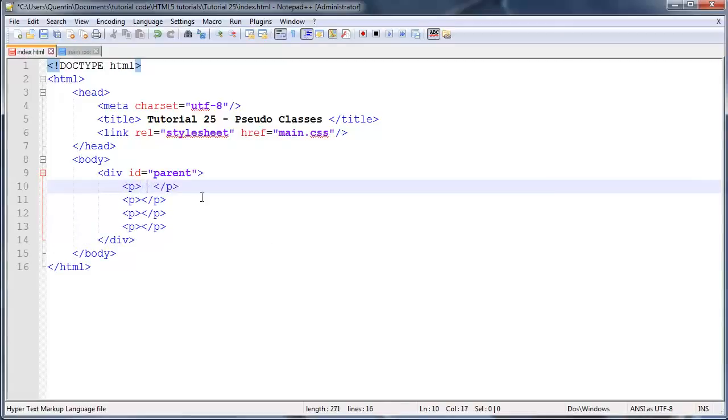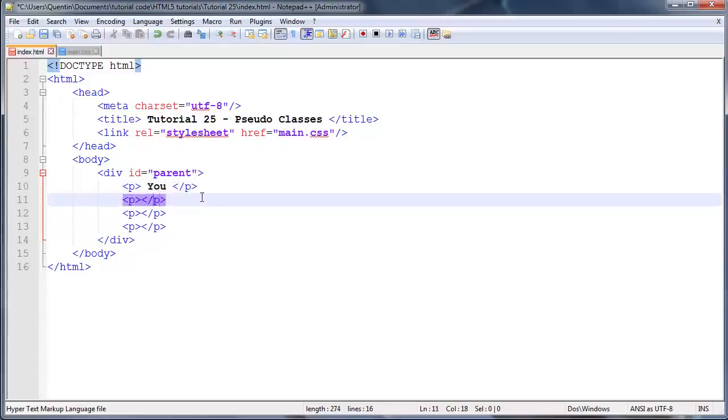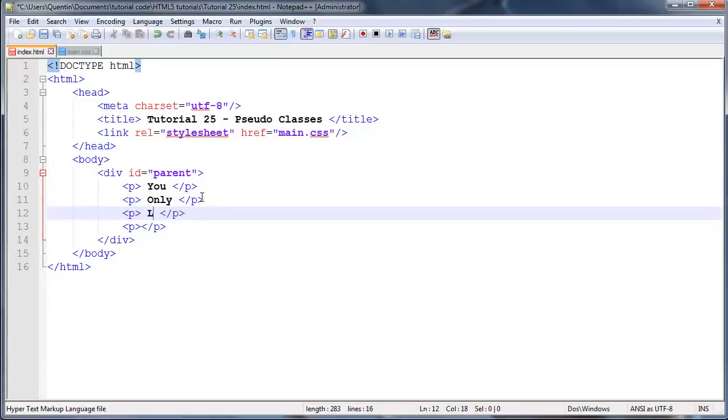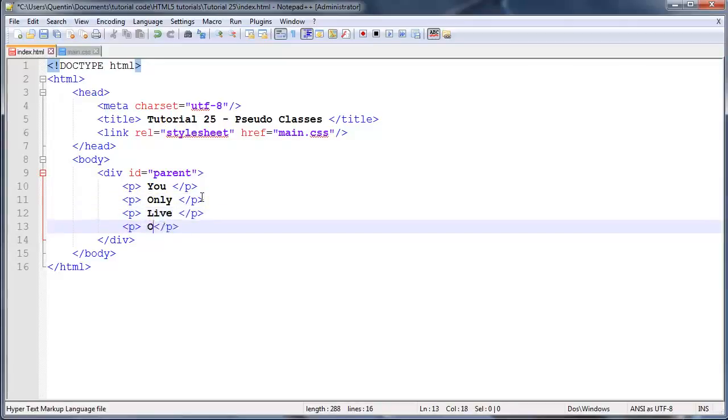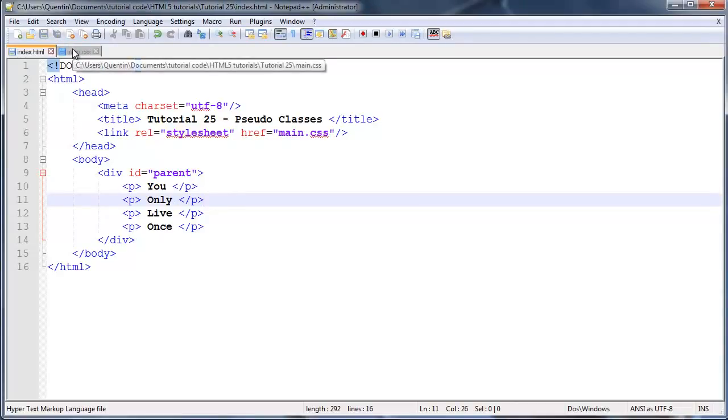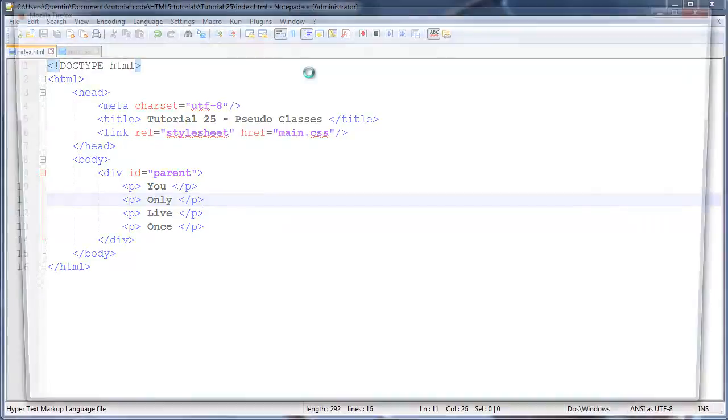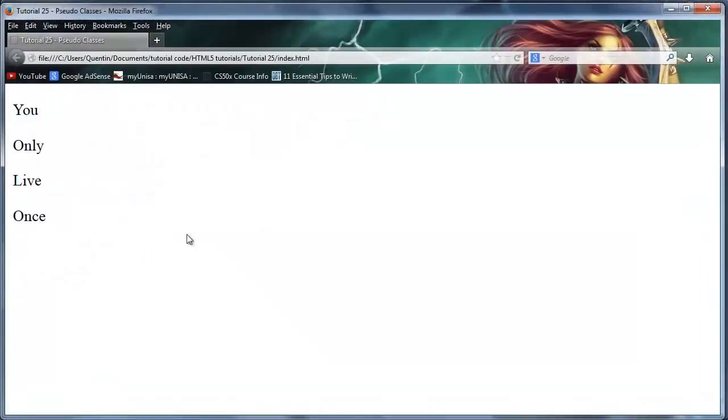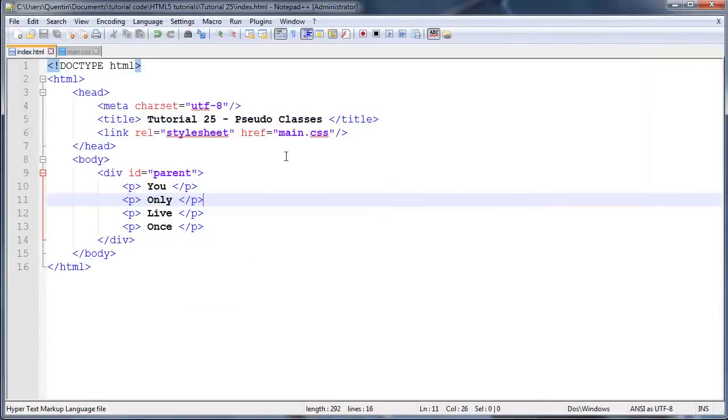And in the previous tutorial, I think we worked with YOLO, so you only live once. So we'll go ahead and just use this again. Go ahead and save that now, and again, if I were to go ahead and run this in Firefox right now, we just get 4 normal paragraphs. So let's just launch it quickly. As you can see, 4 normal paragraphs,